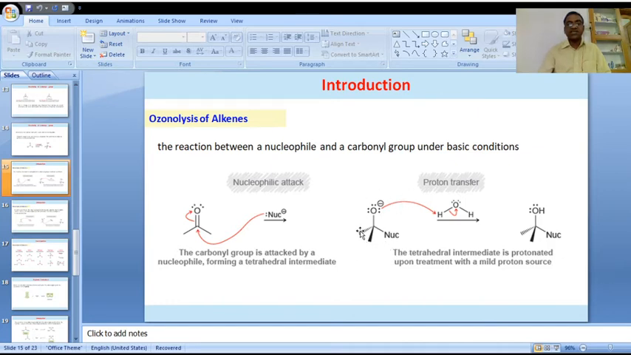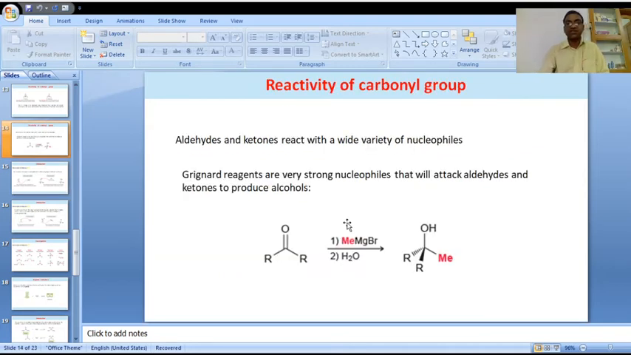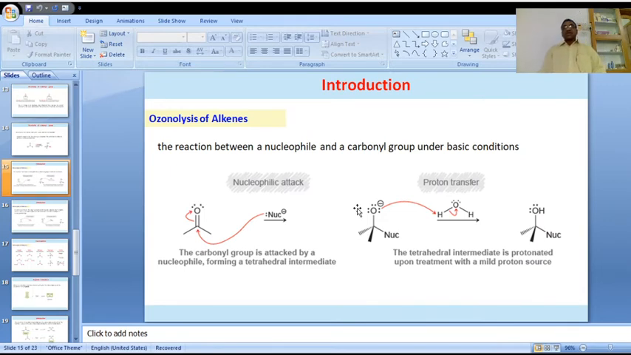The alkoxide ion, a tetrahedral intermediate, is formed after the attack of this strong nucleophile. In the last slide we discussed these are the strong nucleophiles. This methyl nucleophile is produced from this Grignard reagent. After formation of this tetrahedral intermediate alkoxide ion, this alkoxide ion